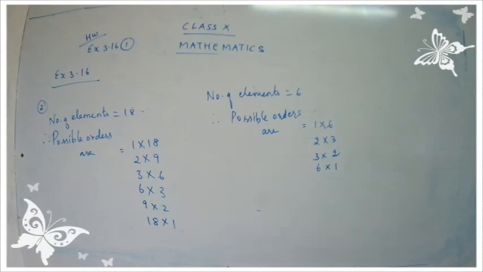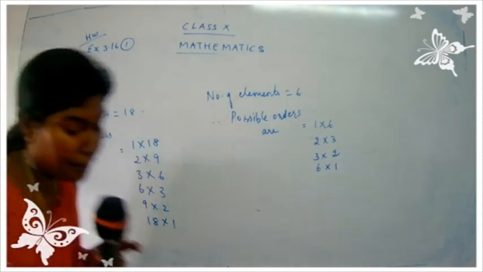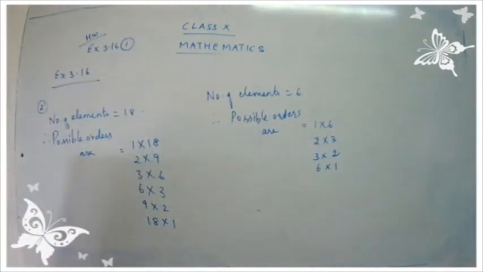Take down question number 3. In question number 3, you have to construct a 3 by 3 matrix whose elements are given by, first one, Aij is equal to mod I minus 2j. Let's go for the sum. This is a very important question. They may ask this question for a 2 mark or a 5 mark. Okay, you may be asked the questions for 2 marks or 5 marks.